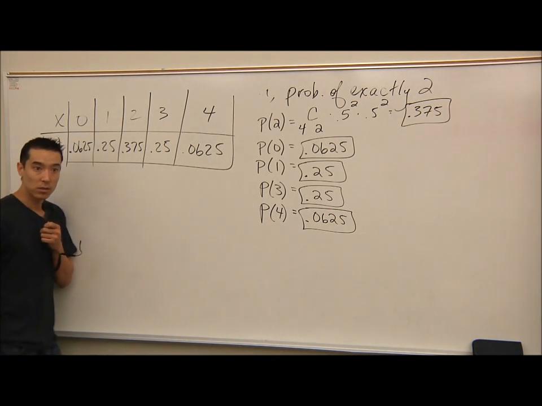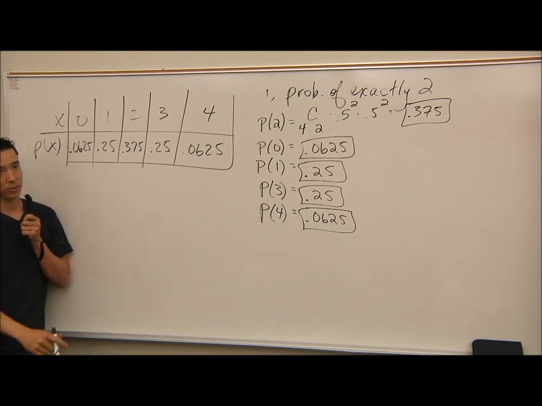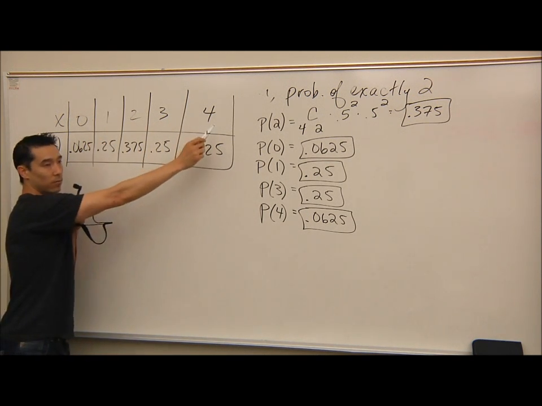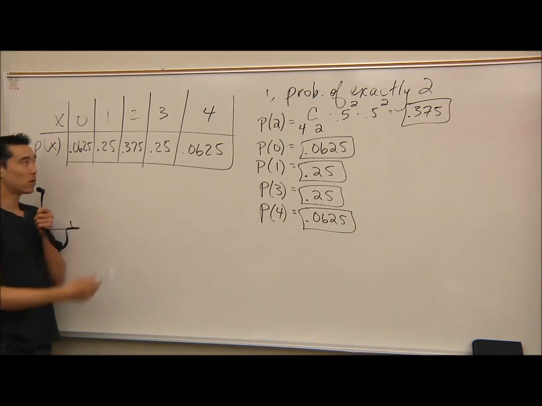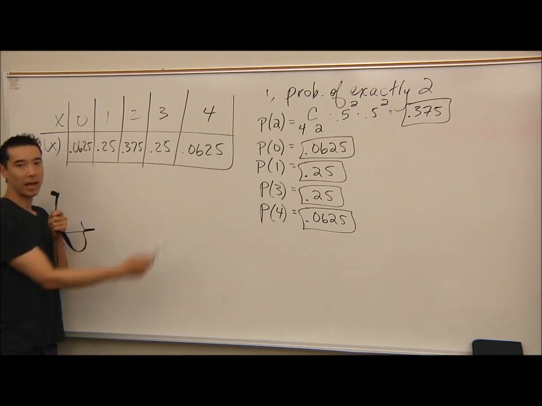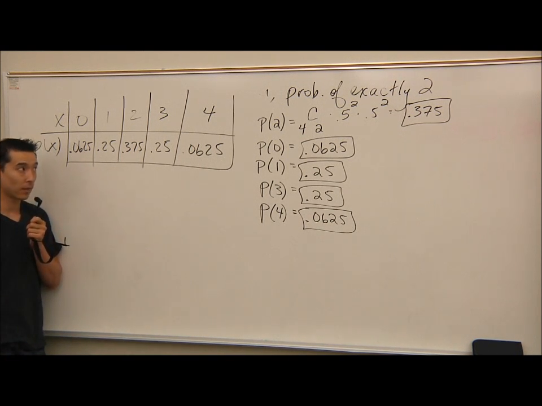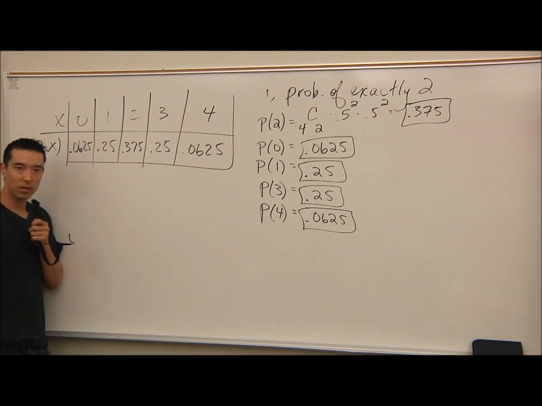Okay? So notice, this is a probability distribution. The binomial distribution is a probability distribution. Here's all of the possible things that can happen. You could have 0 girls all the way up to 4 girls, and here's a probability associated with each, okay? What do we know about what this row would have to add up to? 1. It is a probability distribution. When you have the whole distribution in front of you, you can ask more sophisticated questions.